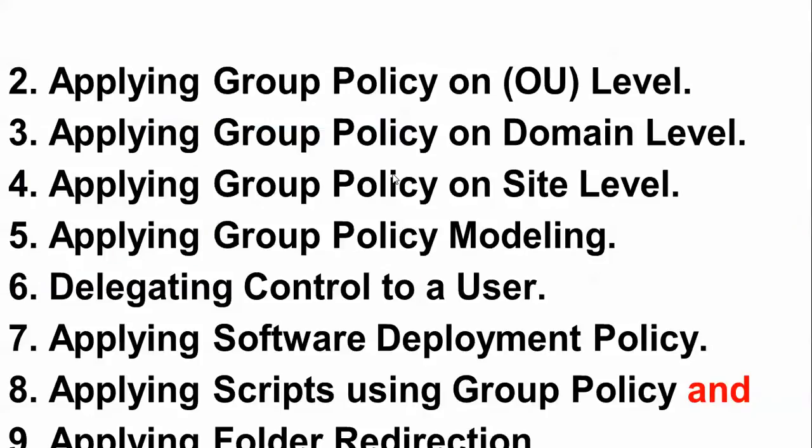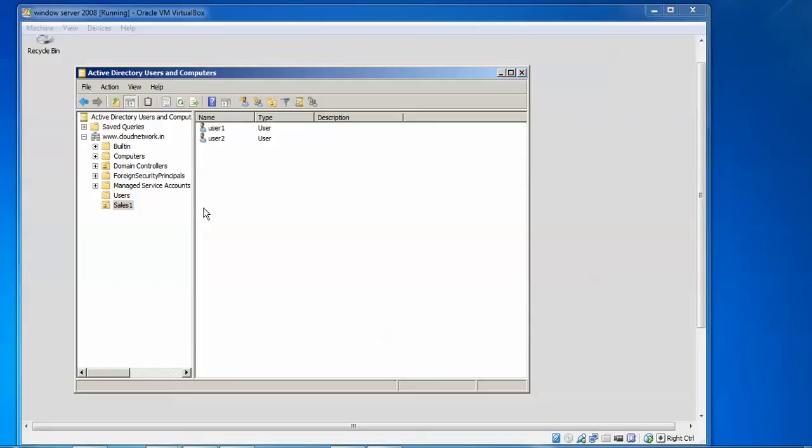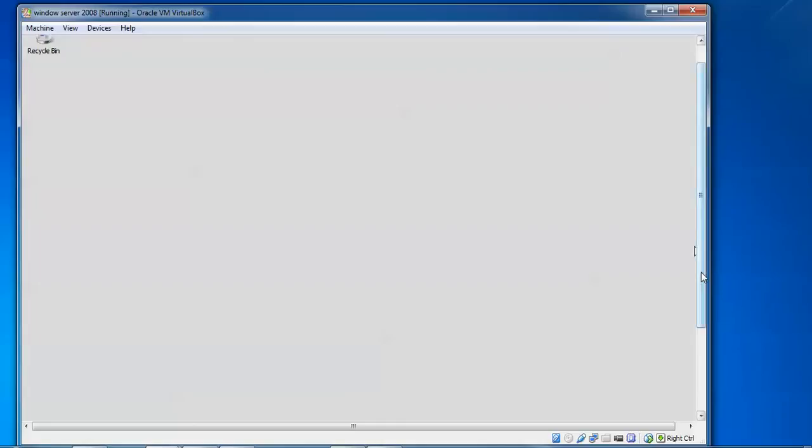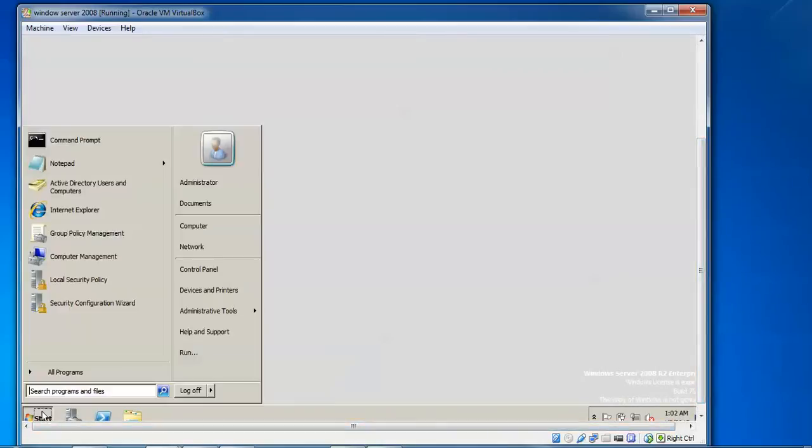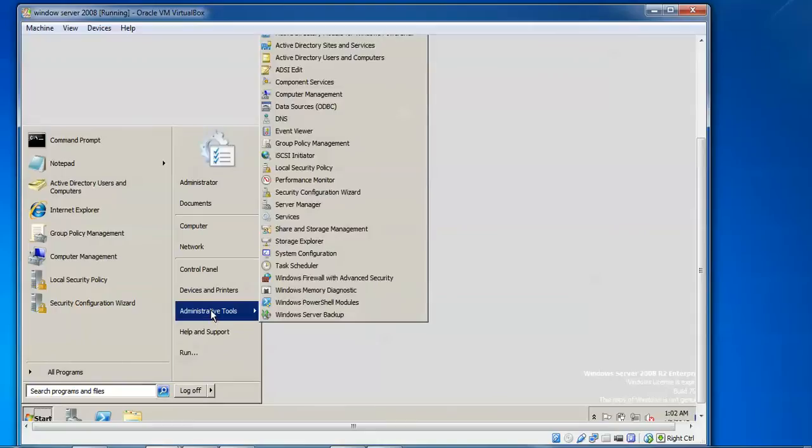Now I need to show you the second one, applying group policy on OU level. Let us begin now. I'm closing this one. Click on Start, Programs, go to Administrative Tools, and then Group Policy Management.